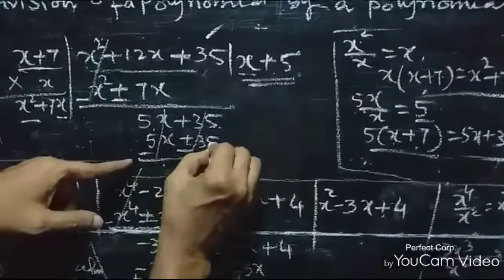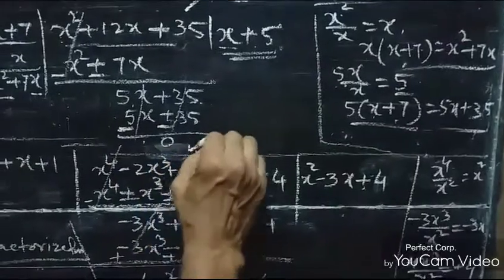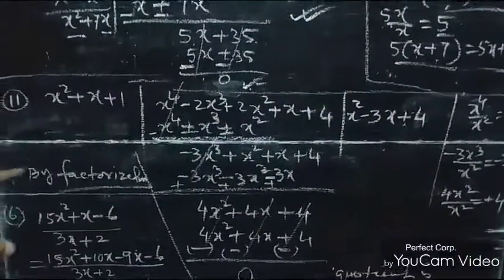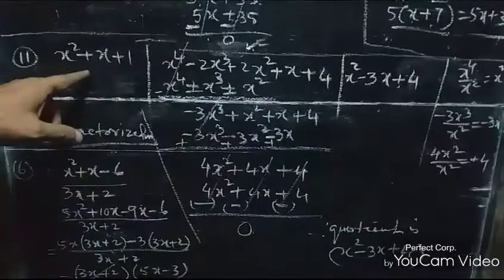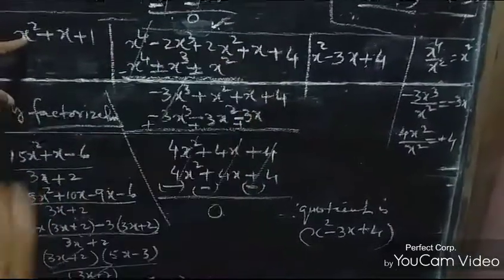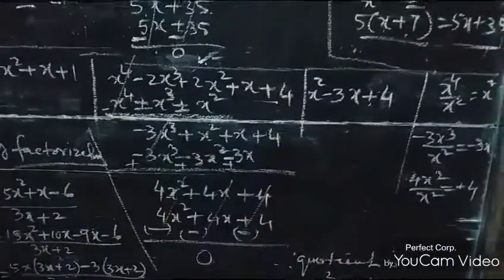That 5x plus 35 has come. You are just doing the deduction over here and then it will be cut off and your remainder is 0 and your answer, the quotient, is this. So I am just taking another problem of this same kind, now a polynomial with more terms. It is a tetranomial, or you can say this has five terms over here.